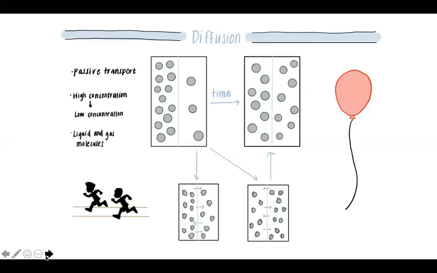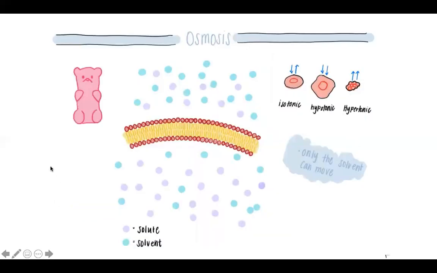Next, we're going to be talking about osmosis. Osmosis is the movement of a solvent particle across a semi-permeable membrane, from a diluted solution into a concentrated solution. The solvent moves in order to dilute the concentrated solution and equalize the concentrations on both sides of the membrane. Now, this can be confusing, but the main goal of osmosis is to equalize the concentrations on both sides